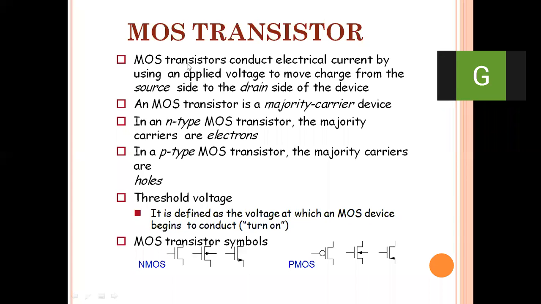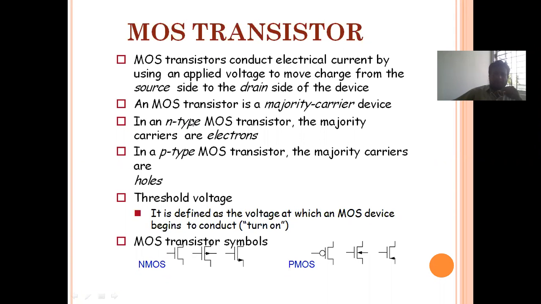So this is the structure of the MOS transistor and the BJT. The BJT is a current control device, whereas the MOS transistor is a voltage control device. So we always apply the voltage at the gate terminal to control the output current, the drain current ID. In the case of BJT, the base current IB is the input signal, and by varying IB we can control the output signal, the collector current IC.